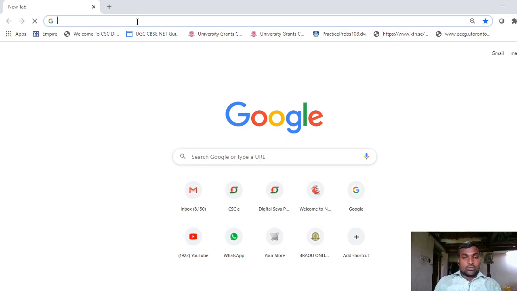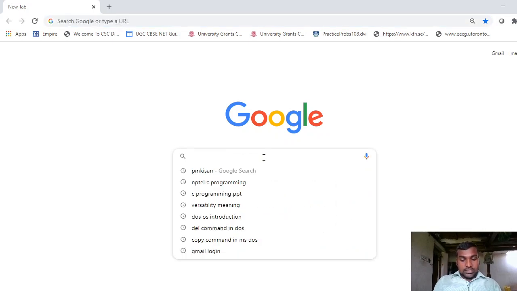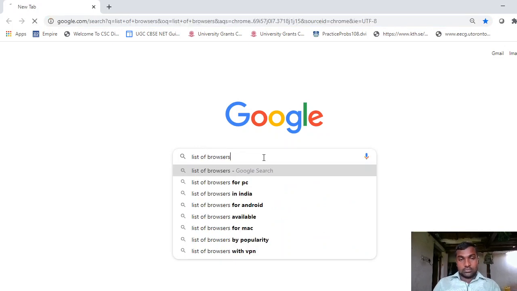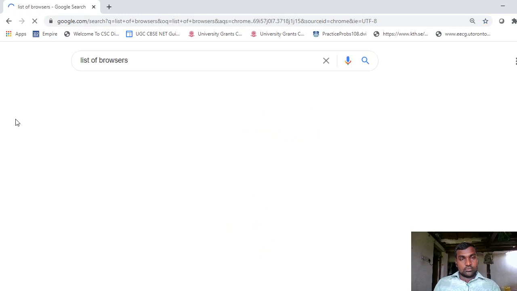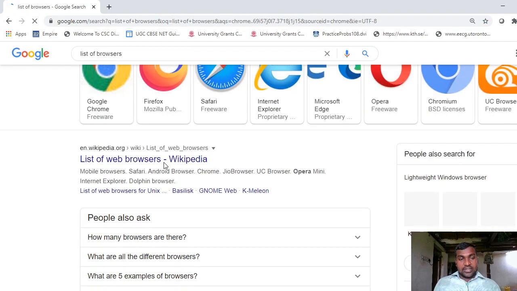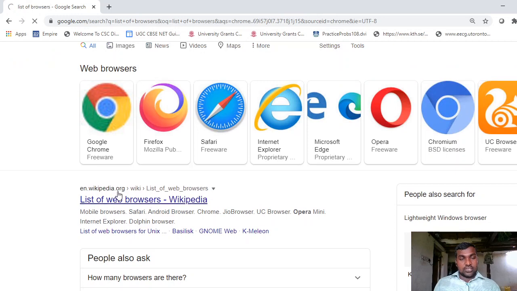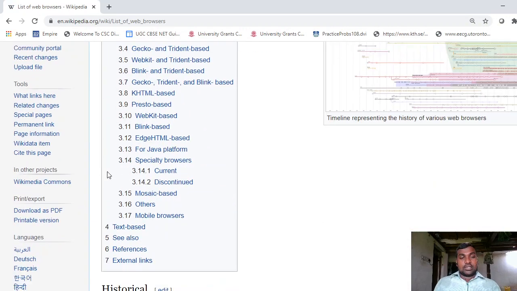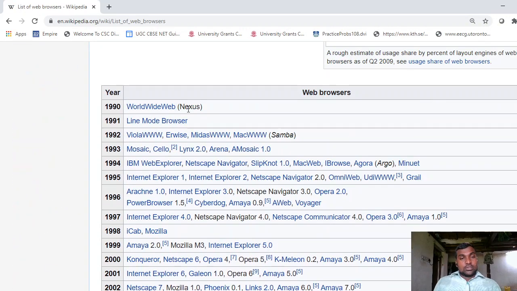I want to know the list of browsers available. For that I am using the Google search engine: list of browsers. These are the popular browsers available. So I am using Wikipedia. Wikipedia is also one of the web servers. This is the World Wide Web browser.